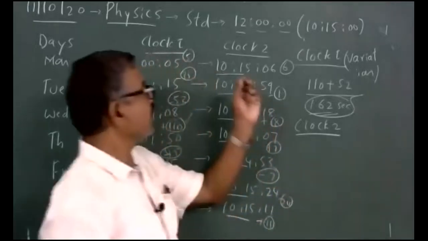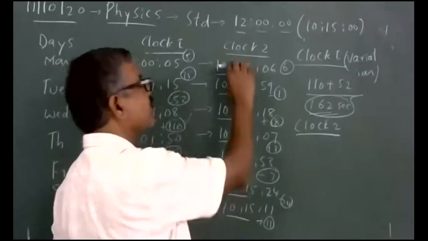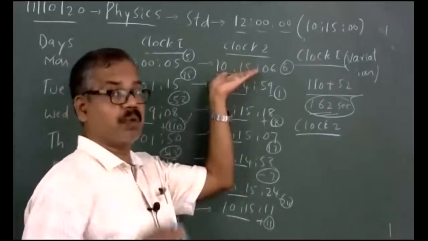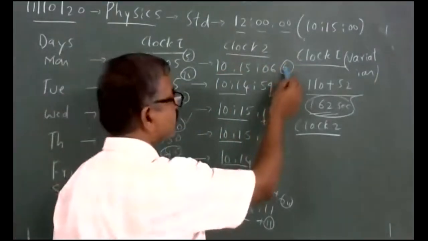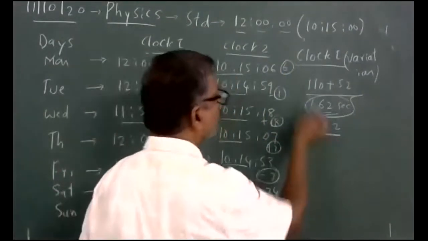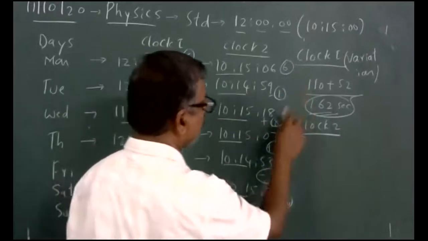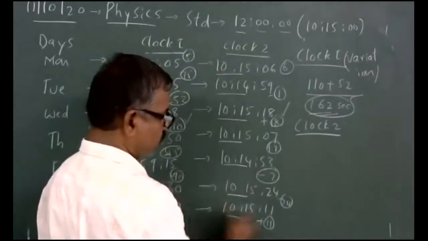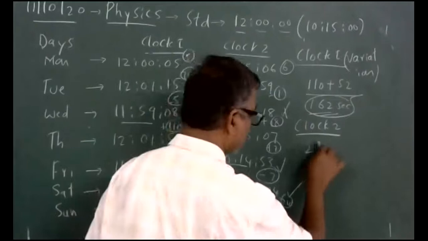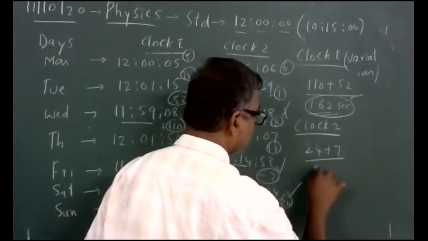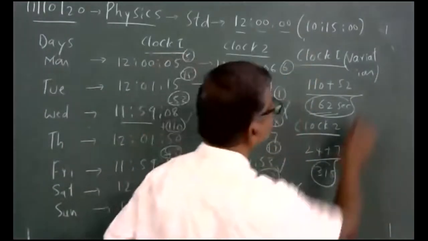What it means is that when taking clock 2 against 12 noon, its average value is an error, called zero error. The starting point is the mistake. But when you check from Monday, Tuesday up to Sunday, the variations are very, very small. So for clock 2 the variation is plus 6, minus 1, plus 18, plus 7, minus 7. So I need to take plus 24 and minus 7. Together it becomes 24 plus 7, which is 31 seconds. So when you compare variations,